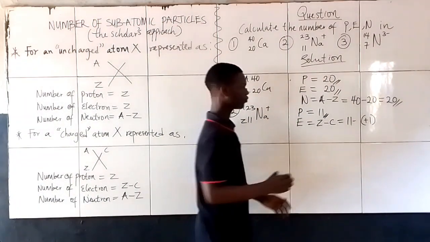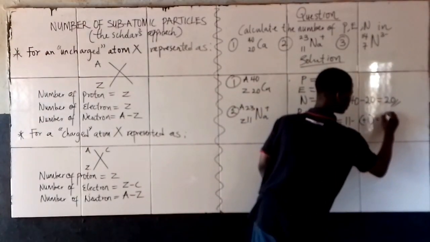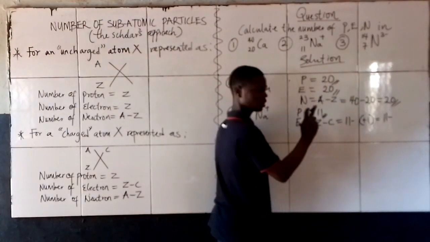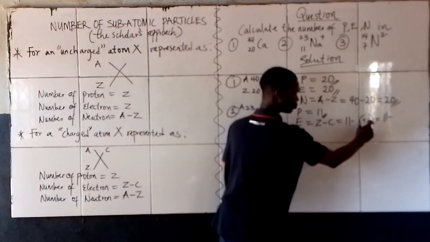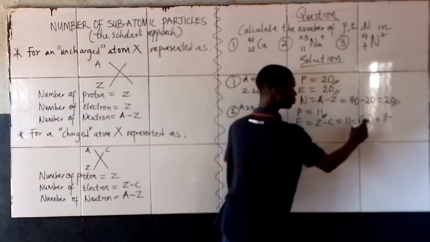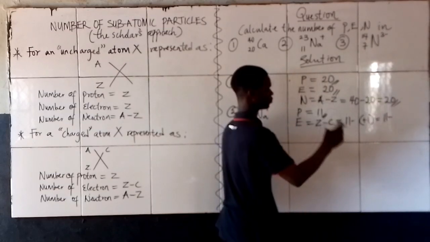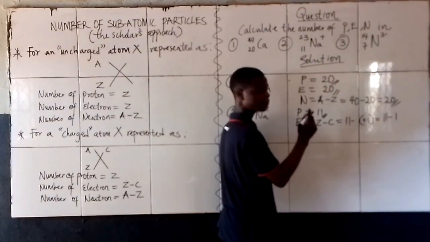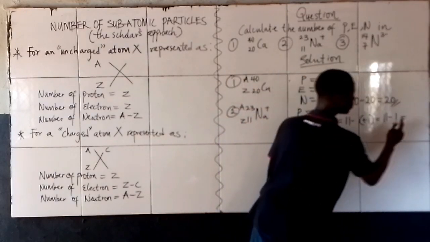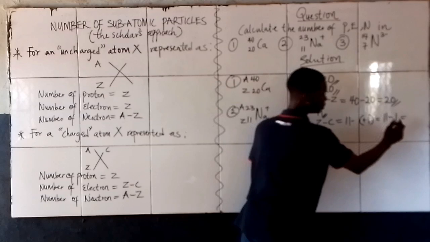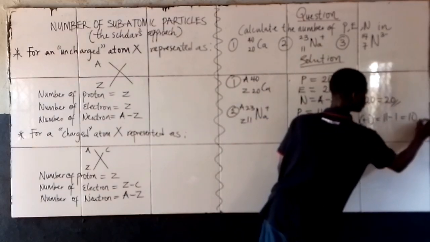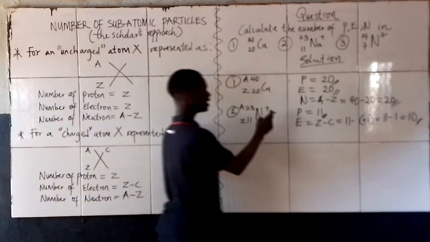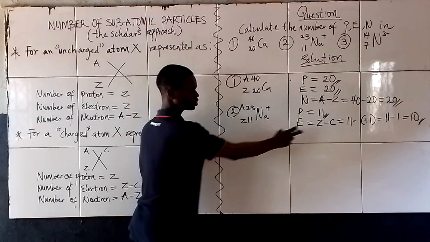To further solve this from here, it equals 11 minus, minus times plus is equals minus. So minus the one that comes after it. Are we together? Good. Then 11 minus 1, we get 10. So the number of electrons in a charged sodium atom is